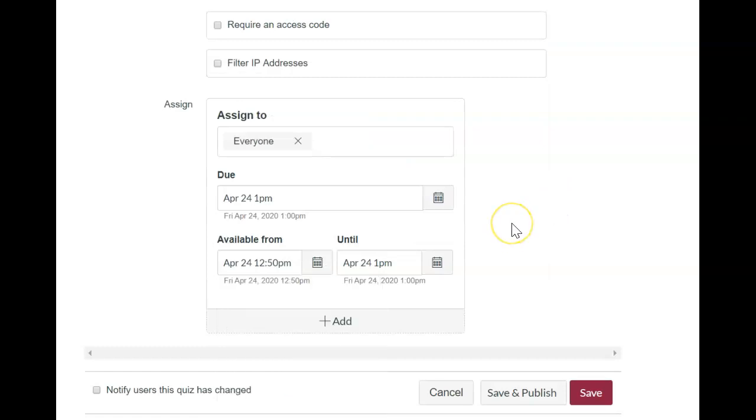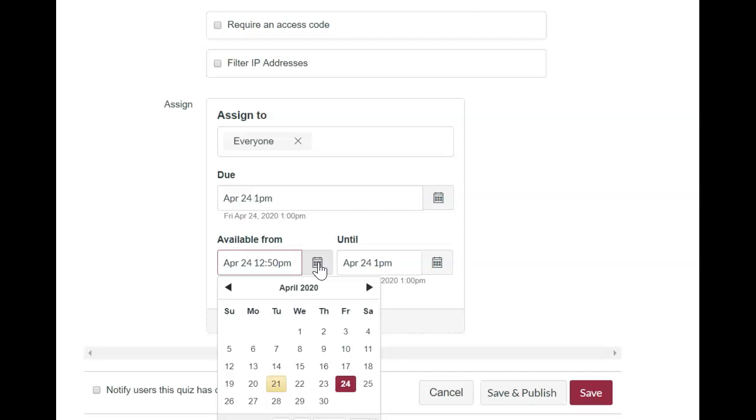One of the last things to review and to make sure that you have set would be primarily the availability date, to make sure that once you do publish the quiz, so that students know that this is coming up, that they have it, and can eventually access it. They don't access it and start taking it too early, especially if it is an assessment. If it's an exercise, it's best to wait for that quiz to open up, so everyone can do it, because I have made the mistake